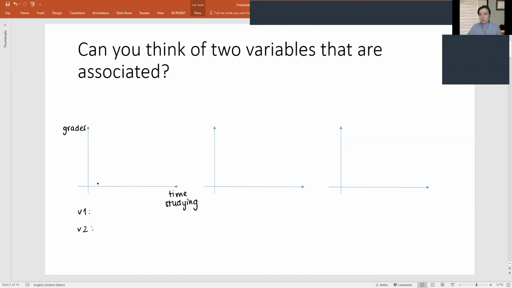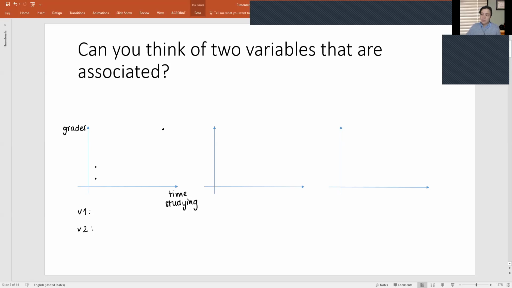This is one that should be natural to everyone. Good grades. If you spend a lot of time studying, you're going to get good or bad? Good. Okay. If you spend very little time studying, are you going to get good or bad grades? Bad. Now, that doesn't necessarily mean that everybody that spends few hours studying is going to get bad grades,